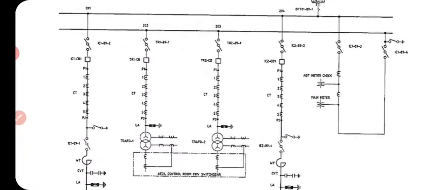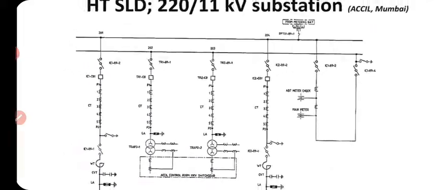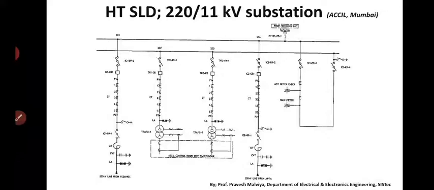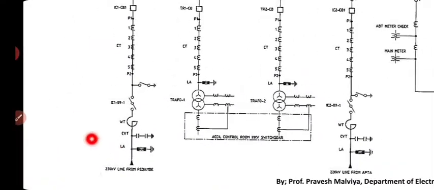So this is a quite simpler view of the substation we had in the previous slide. So this is the 220 kV line. These two are the same parallel line. This 220 kV line was coming from a substation, Pedambe. Pedambe was the name of a substation. So this was a 220 kV line. It was sent to an LA. LA is a lightning arrestor. It protects from all those peaks, and then it goes to a CVT and wave trap.